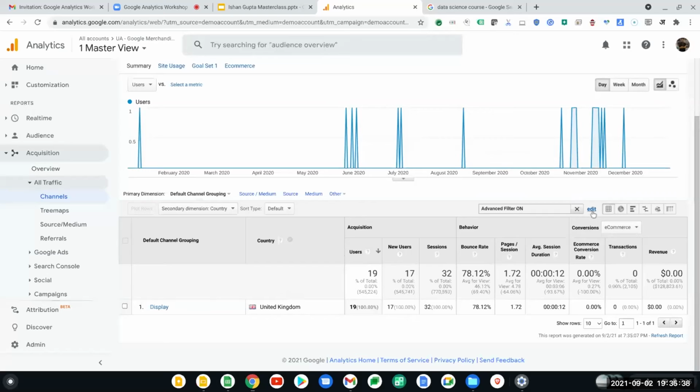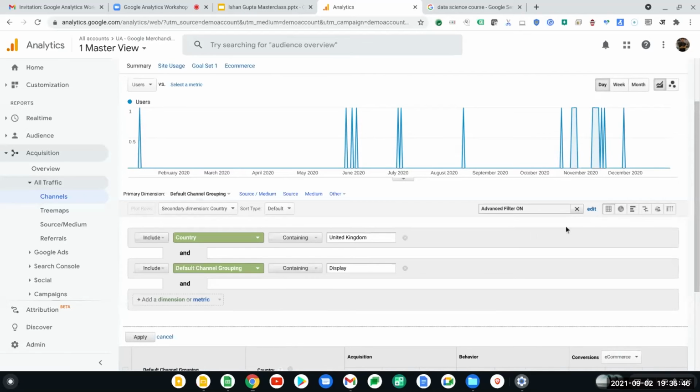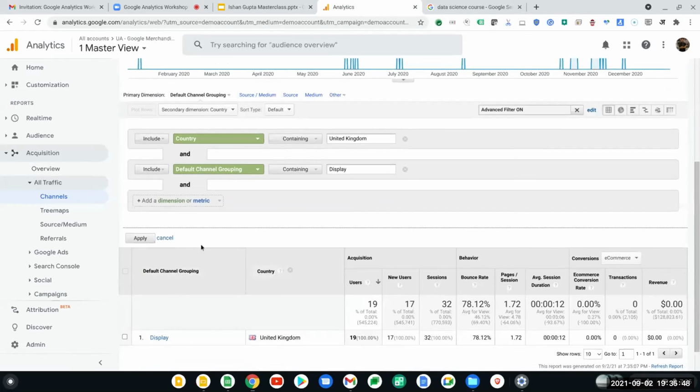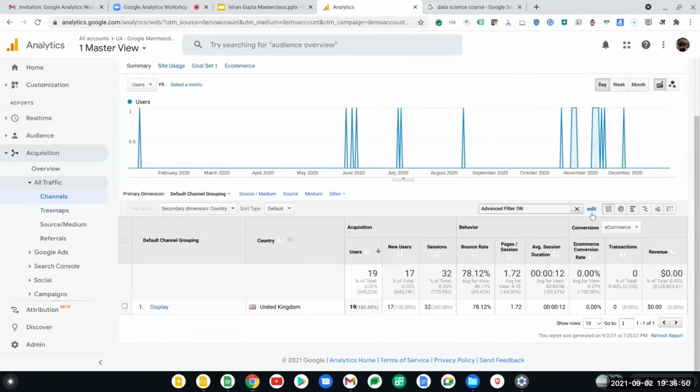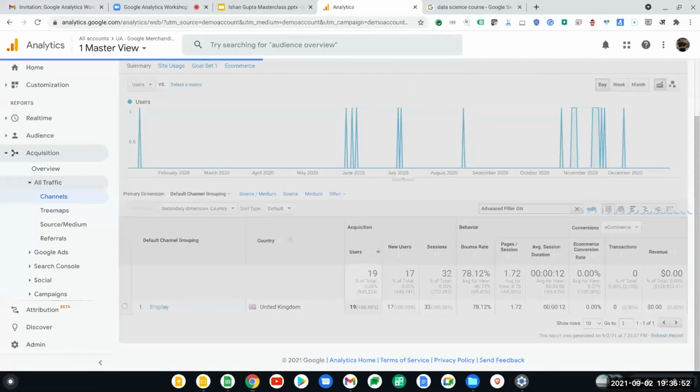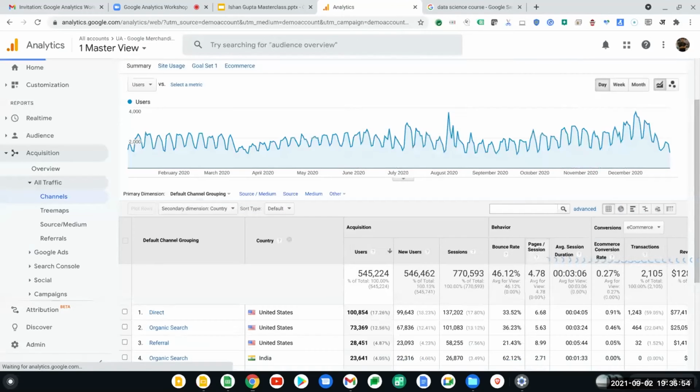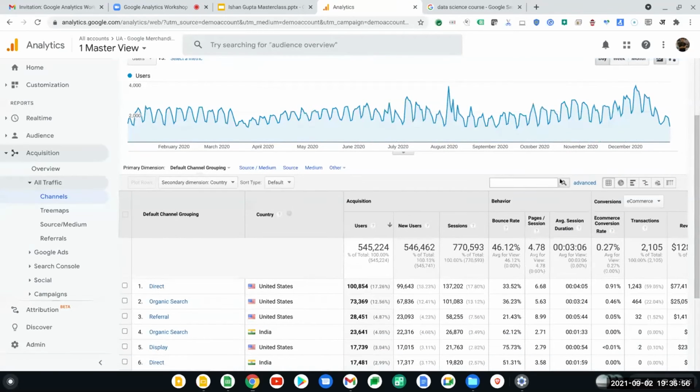Is the filtering part clear, or do you want me to show that again? Please show it once again. Sure. So when you see the report, you have something called advanced here. Let me cancel it again. If you see close to this search bar, you have an option called advanced.